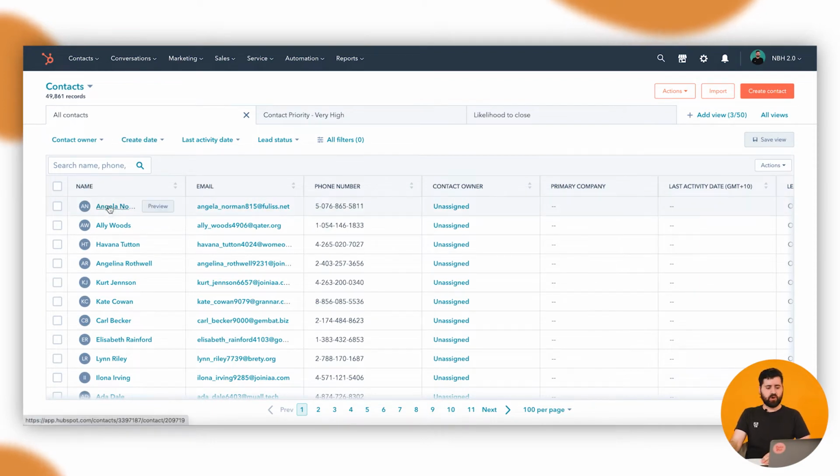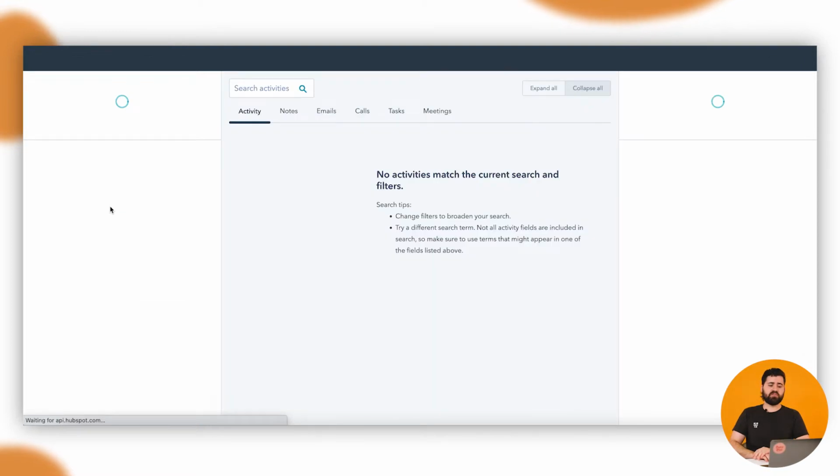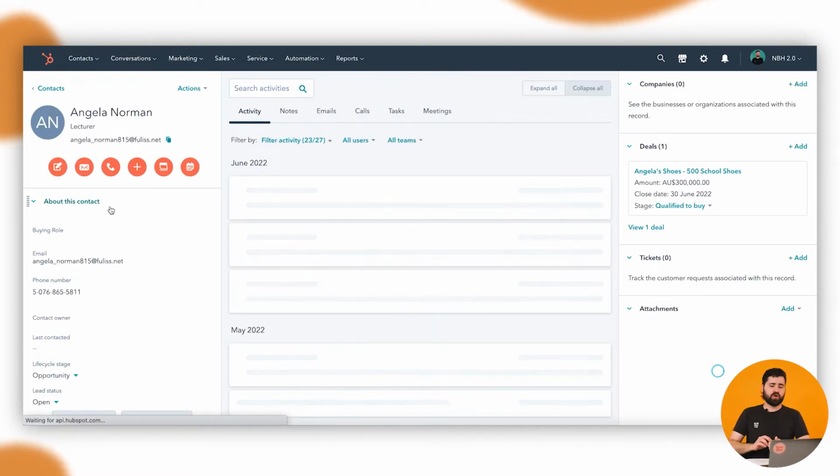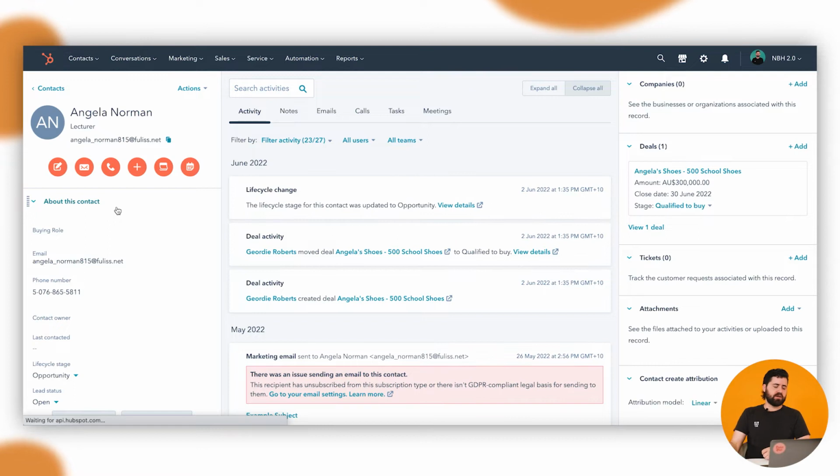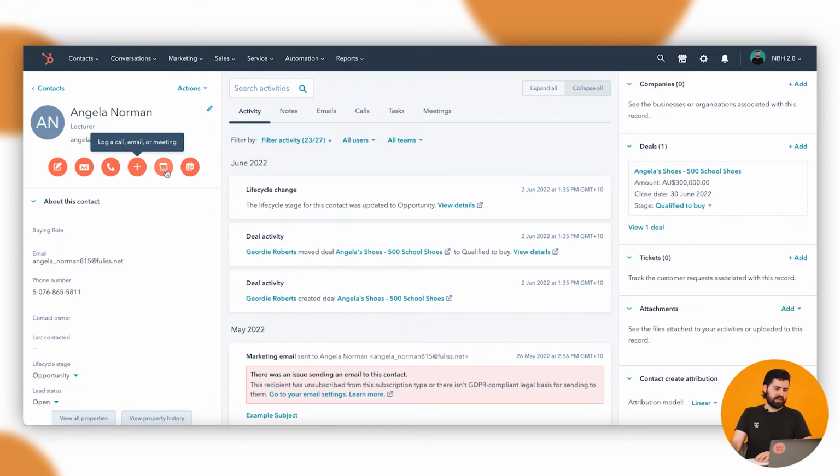So if we go into the contact in particular, say if you wanted to assign a task to your team to give that person a call, follow them up about something, anything that you want them to do or add to their list of things to action, you can do that by coming into the contact. And you've got your full options here of different things you can do. But here is the create a task. So if I click on that,